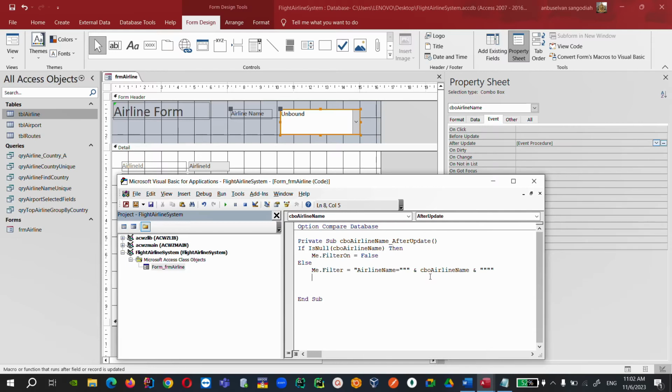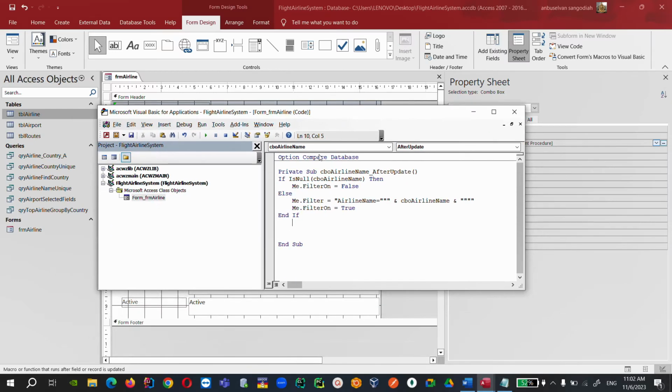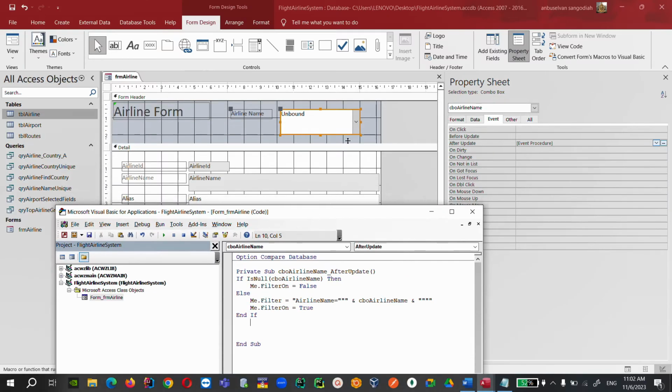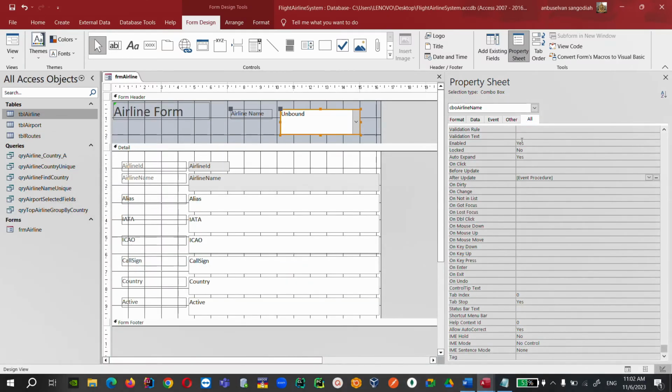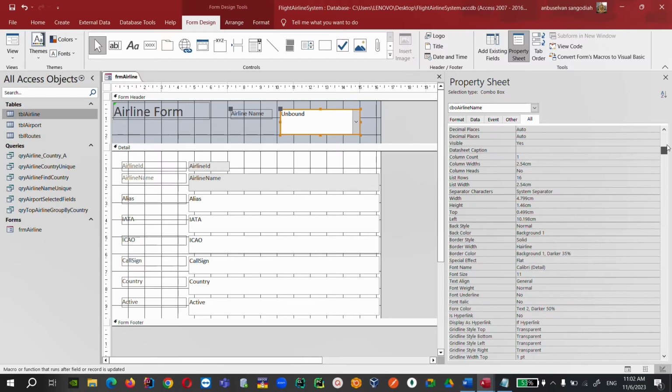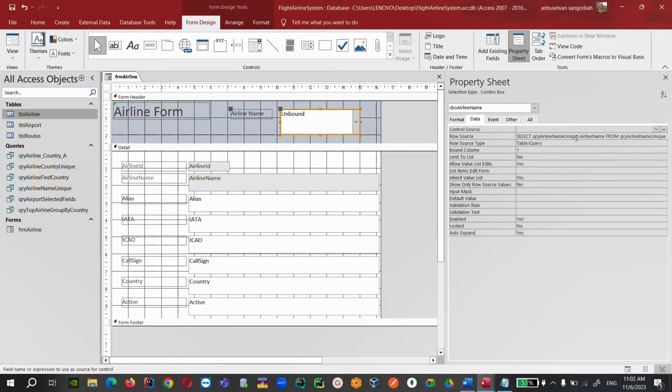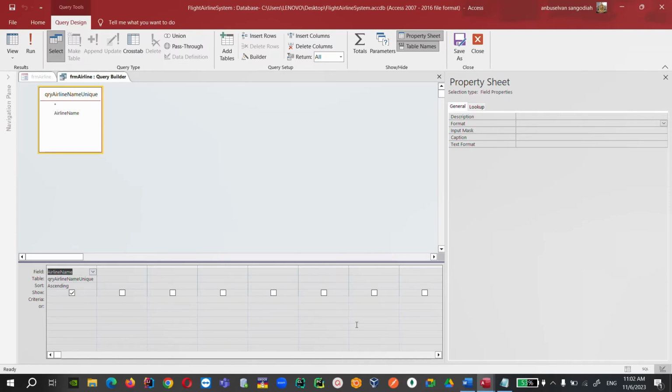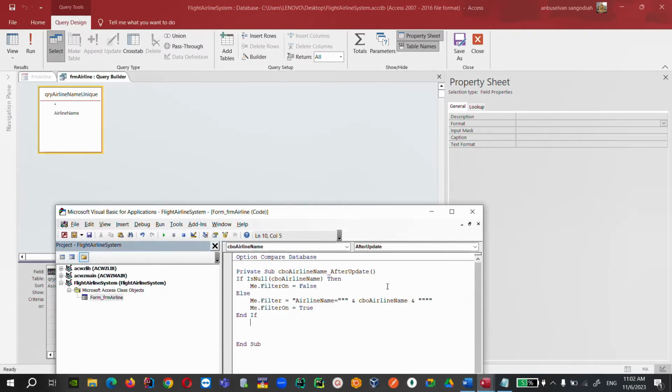Okay, and then me filter on true. Okay, and if that's it. All right, you may be actually asking, this CBO airline name is the name of the combo box, right? So you get to see here this one. And what about the second one, right? So if you look at here, airline name, right? So this one is actually matching this, right? Airline name, this one, the output. Okay,